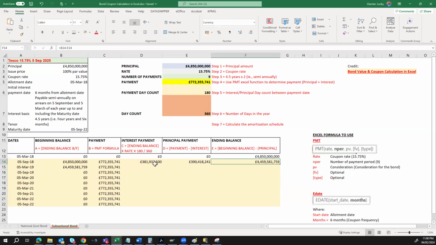So I can then drag this down. This then gives me the payment for the next period. So to calculate my interest, because I've frozen the interest rate, the 180 days and the 360 days, I can easily drag down for the rest of the period. So I've calculated the next interest payment date. And of course, the principal portion is then